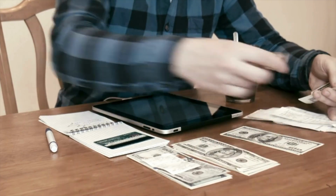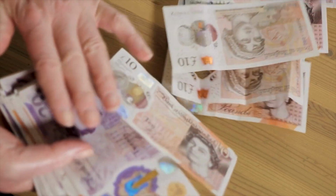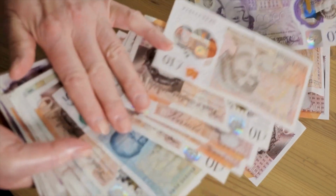If you set up for the minimum direct debit, but then try and make extra payments on top, you're going to avoid those charges, and that's going to be a massive help. If that's something that you know is your weakness, it's going to be a great way to start saving. Even if you think, do you know what, the reason I've not done it in the past is because I don't think I can afford to pay that minimum amount this month. Actually, when you consider the opposite, if you think, well, it's going to cost me £25 to miss this month,